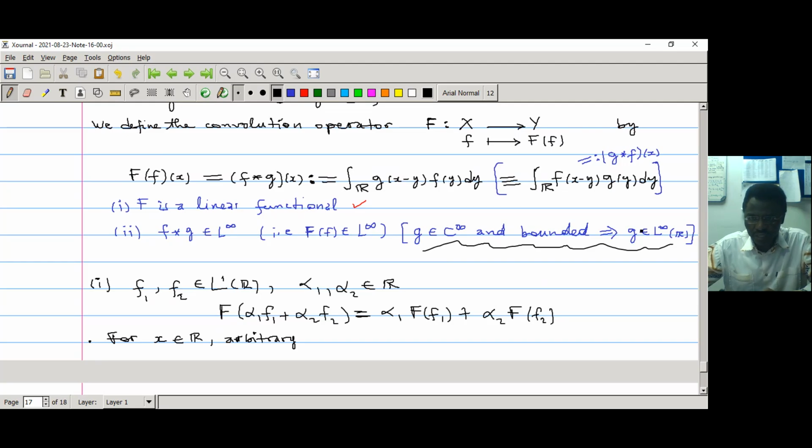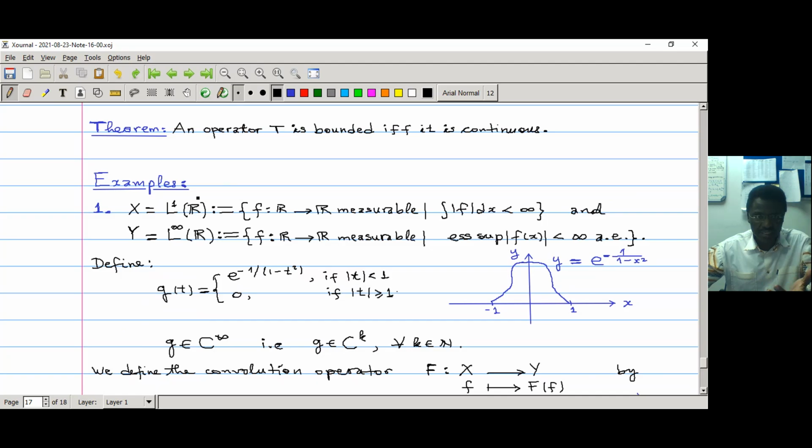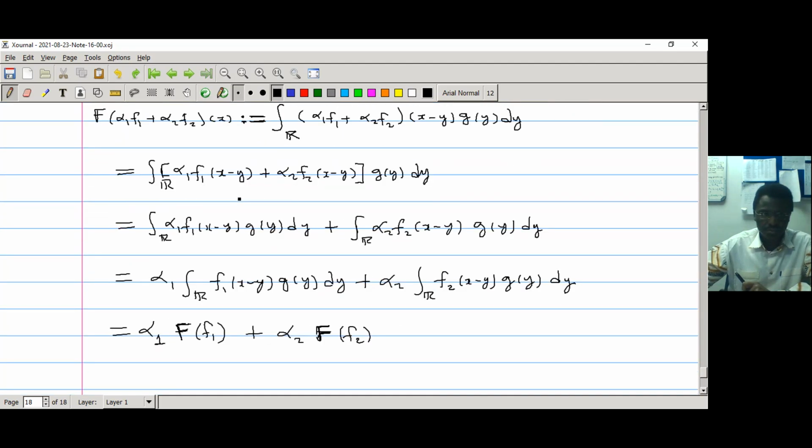Okay, so I will use the fact that G is in L infinity to show that this capital F is bounded, because you want to show that capital F is bounded. So to show that, we will show it at the same time. By showing that this is in L infinity, we will use one stone to kill two birds. So that's what we are going to do. Second